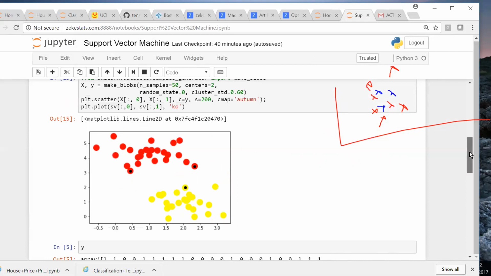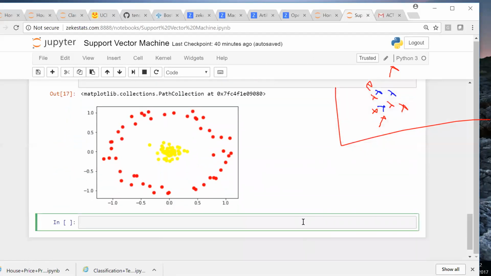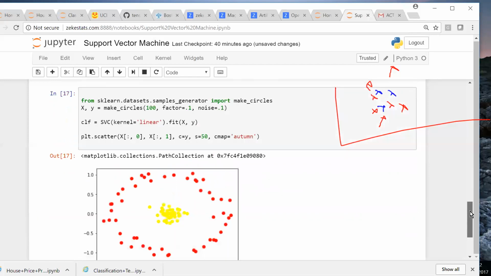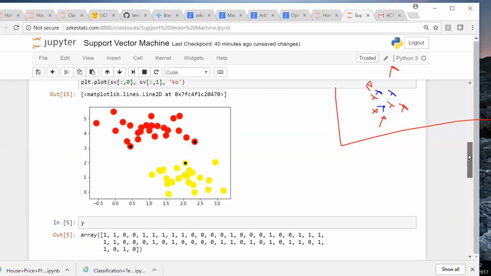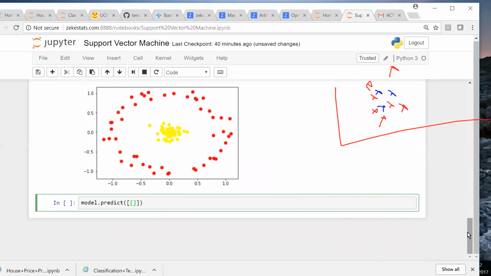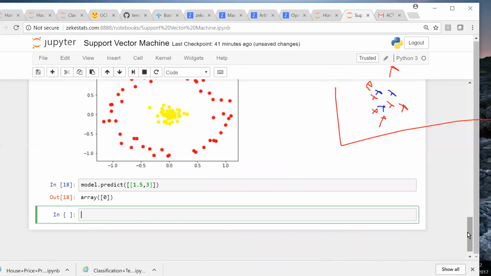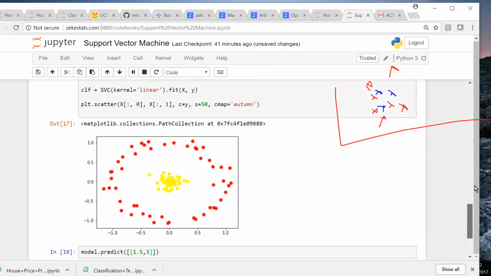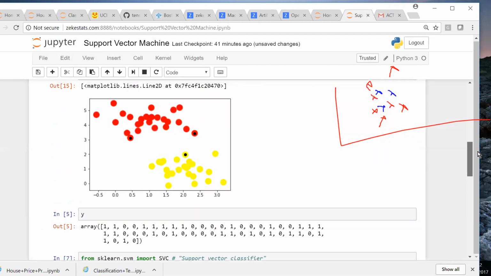Now, same algorithm, if you want to predict, right? Your model is created above, so we'll do model.predict. If you do model.predict, pass some points. Say in the above case, what is the point you want to pass? You would pass 1.5 and 3. Class 0, right? 1 point. Let's go a little down. There are only 2 classes, right? Just saying, if it is 2 and 1,